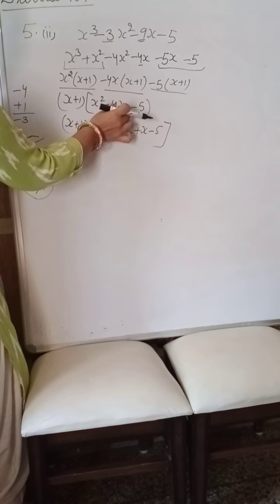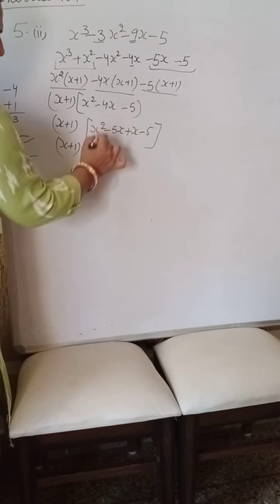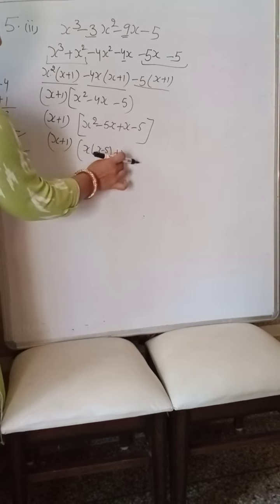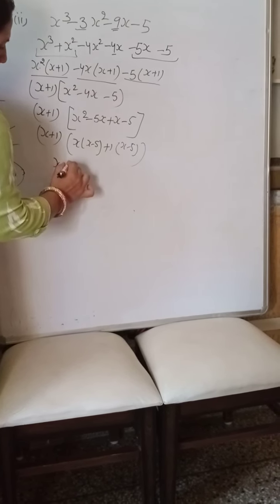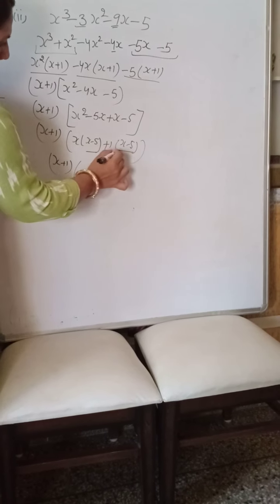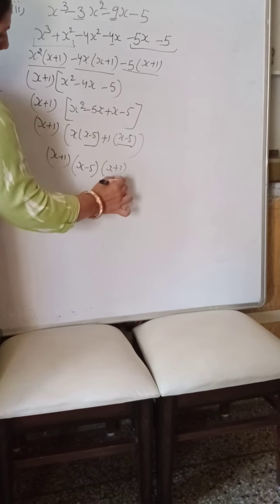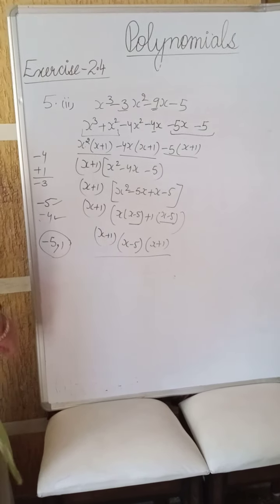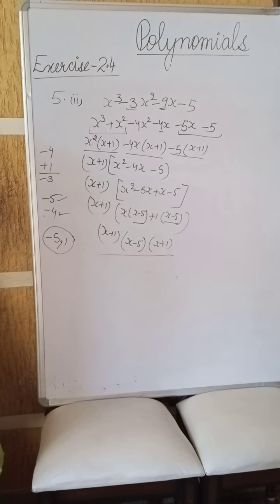I just split this middle term only. x plus 1, what is common? x left behind, x minus 5 plus 1 you will write here, and here what is left? x minus 5. x plus 1, one common factor is x minus 5, and what is left? x plus 1. So these are the factors of your part second. You can take the screenshot of this question. After this, I will do third part.